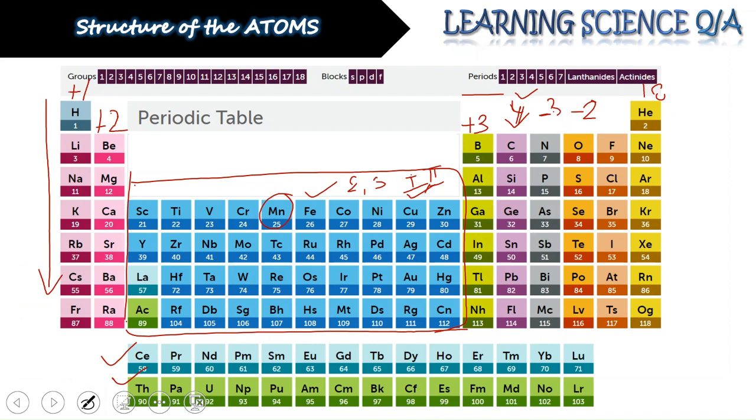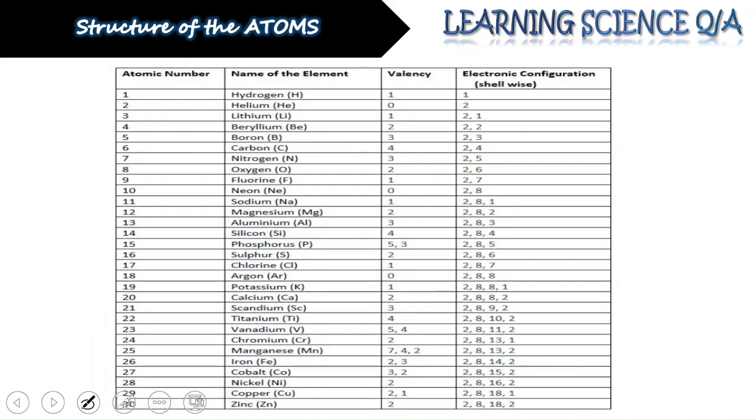Then we have halogens with 7 electrons in the outermost shell. They will easily take 1 electron and form a minus 1 ion. Coming to the 18th group, they will be having a complete configuration or a full octet, except for helium. So they will be all inert, or you can say, the least reactive elements. We have accumulated atomic numbers and electronic configurations up to element 30.